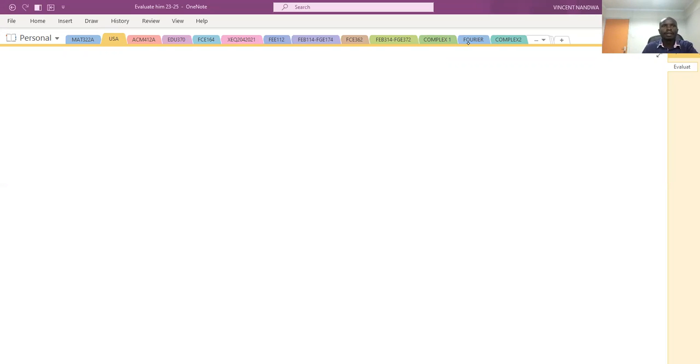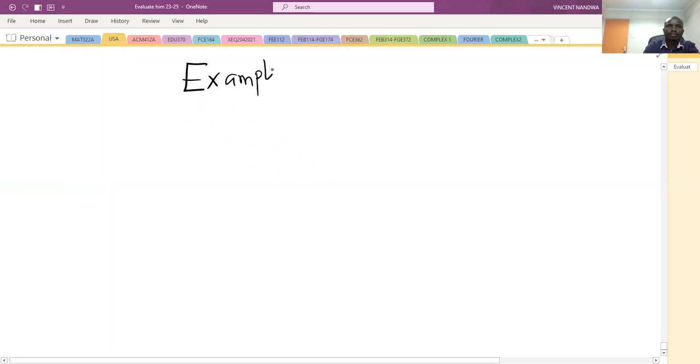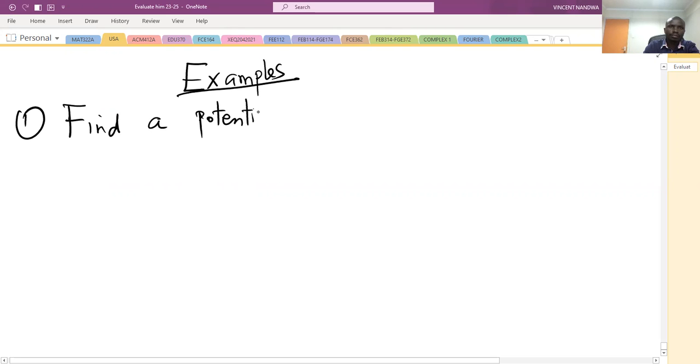So welcome again. As promised in the previous class, we are going to give two examples on determination of the scalar potential function when you are given a vector field in 3 dimensions. So, example 1: find a potential for the vector field